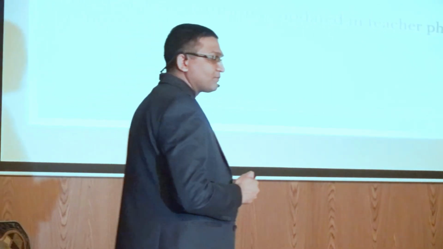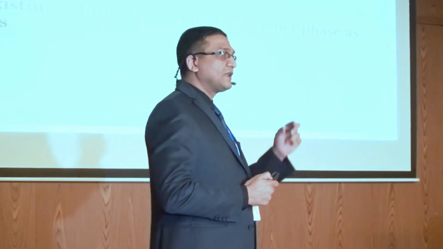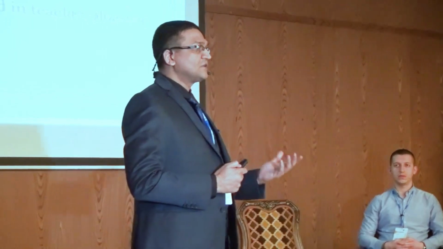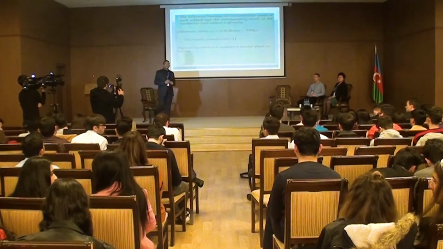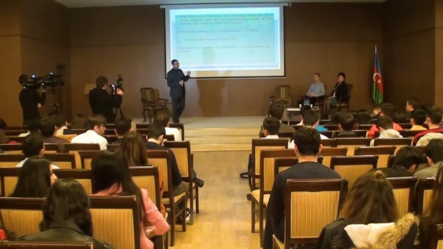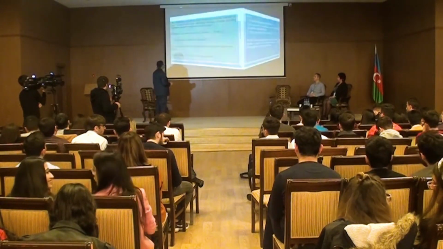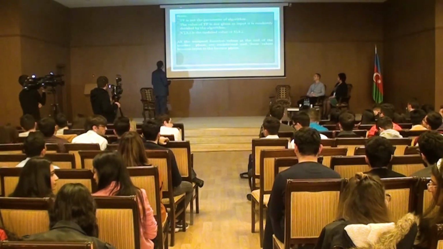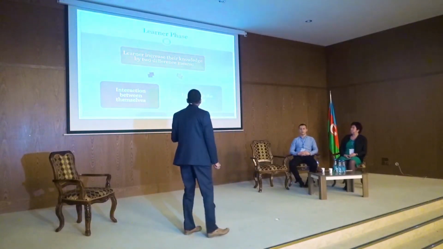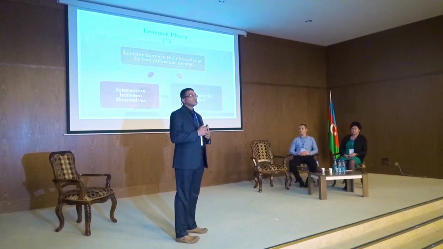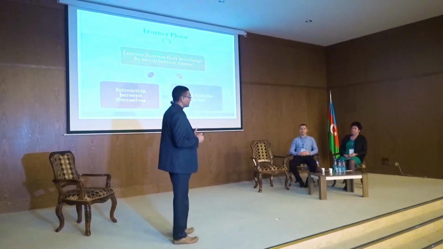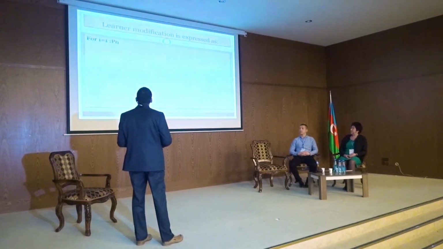Once you find this value, these values are added to the previous value, and then with the new value you have to find the result. If the result of the objective function improves, then we accept this change, otherwise we do not. Then comes the learner phase. In the first phase, the teacher phase, we used that formula and got the new value, and if this value improves the overall objective function, we keep it and move to the next phase, the learner phase. Here the learning happens by the interaction between two peers, or two elements of the population. So this is how the algorithm works.